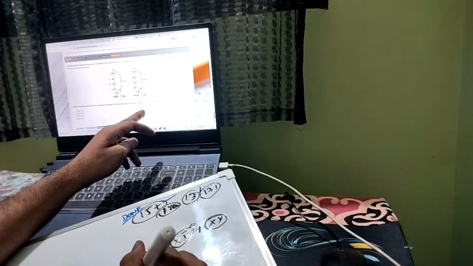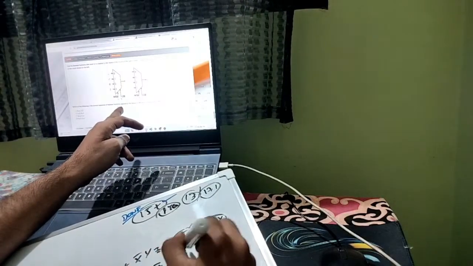X y bar, x y bar z, plus x... 1 means what? By z bar, which is not present. Can we simplify it? I'm not sure. Plus x bar y z. This term is okay, and this term x y z. So that is 0. So if we consider option B,